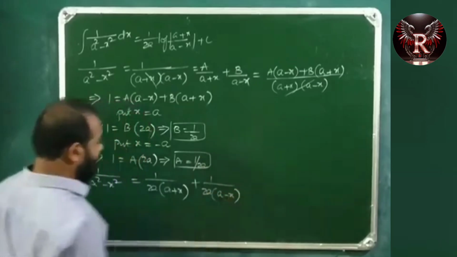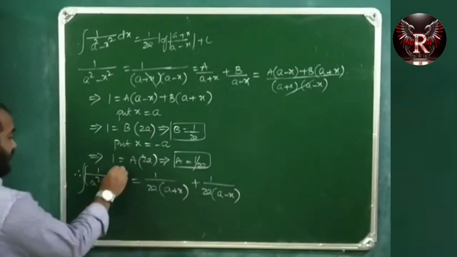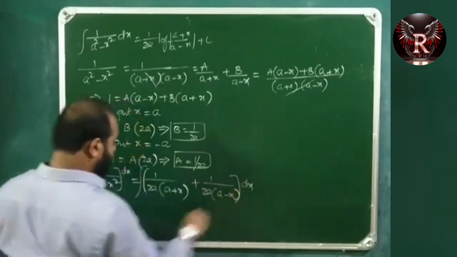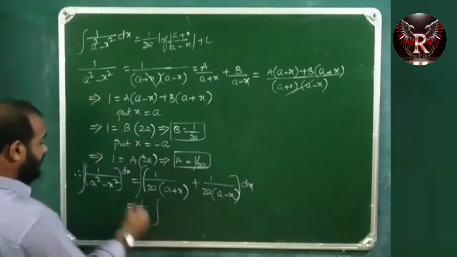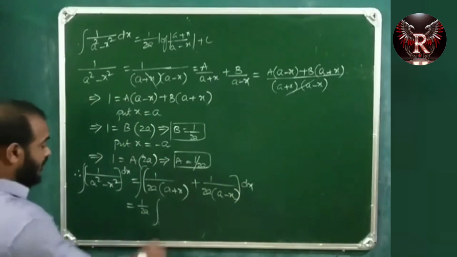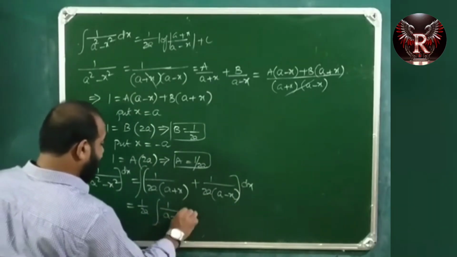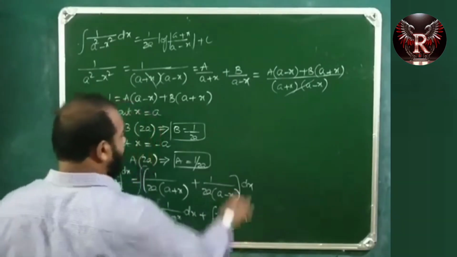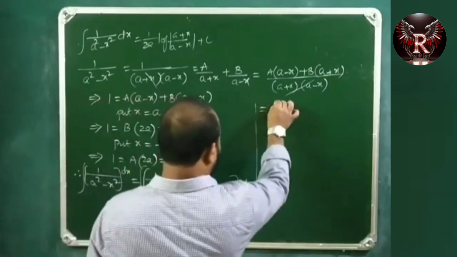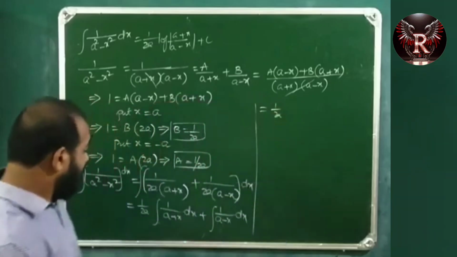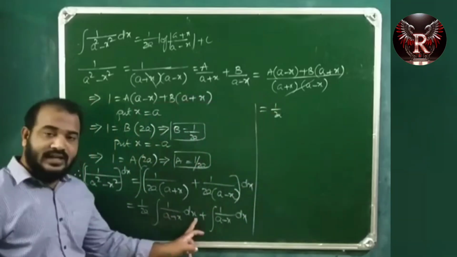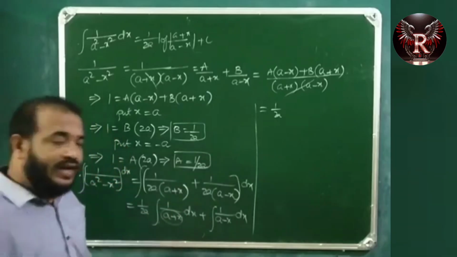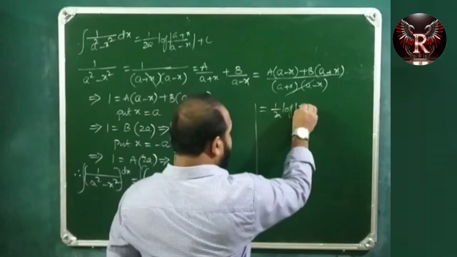Now this is the integral of dx. In both of them 1 by 2a is common, so it is separated from the process of integration. 1 by a plus x dx plus 1 by a minus x dx, which is equal to 1 by 2a times the integral. Now this is of the form integral 1 by x dx. Let us suppose this to be x. Integral 1 by x dx is log x. So log mod of a plus x,